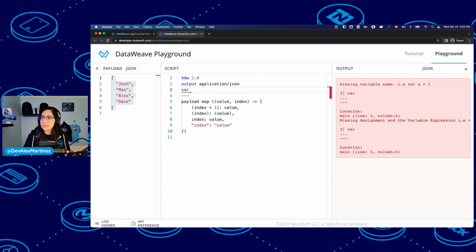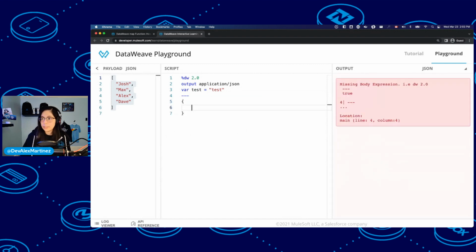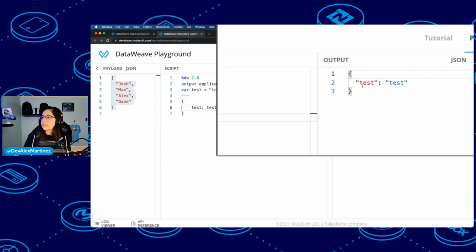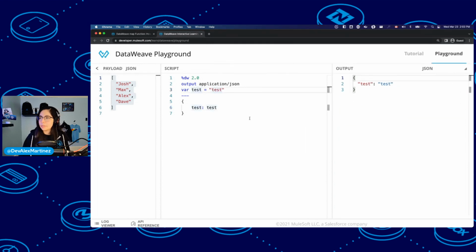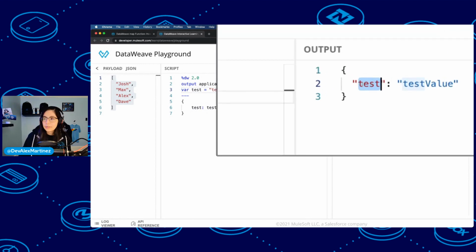For example, var test. I can actually create just another object. If I were to put test and test, I would end up with test and test because it's just taking the, oh, you know what, let me put this test value. So the first one is taking the hard-coded test value that I'm putting instead of the value that I want.